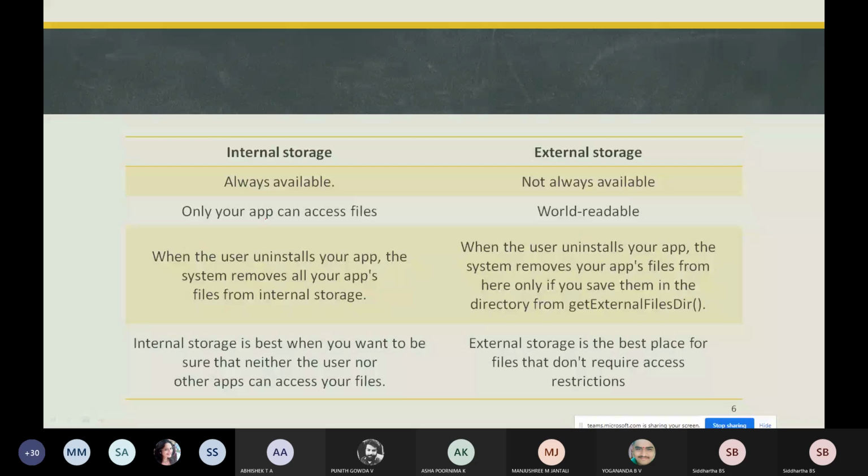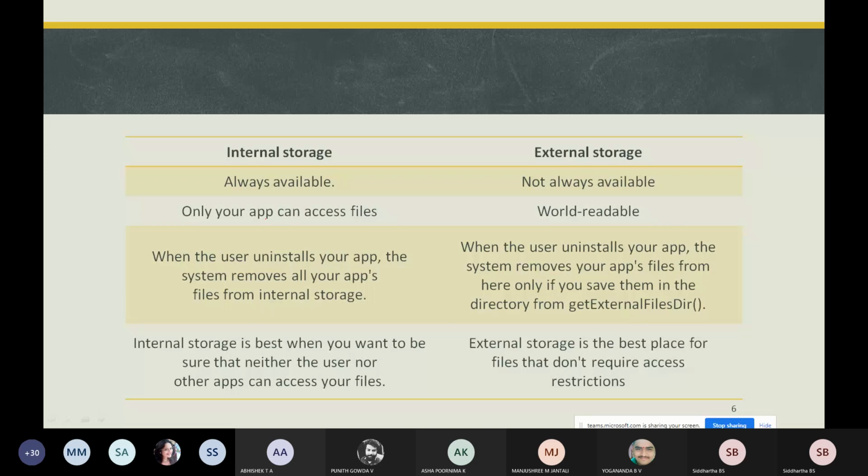Whatever is in the internal storage, users cannot read or write unless you give permission. Whereas in the external storage, files are world readable, so any app can read the files.